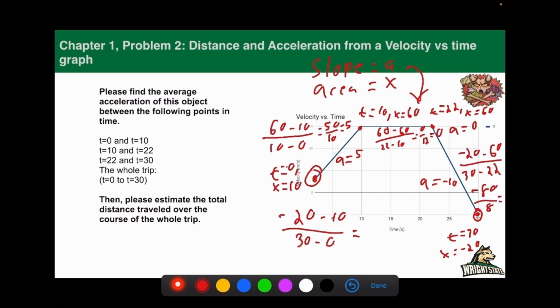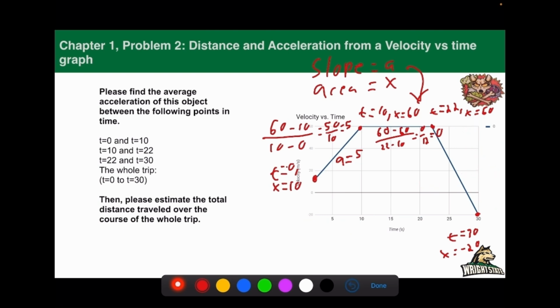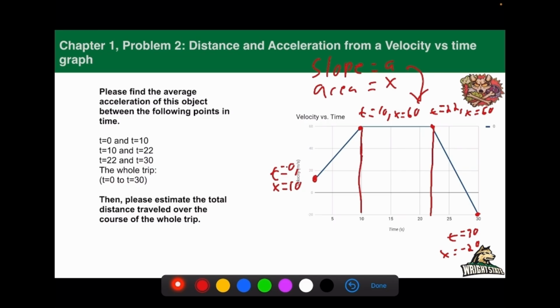I'm going to undo all this so we get a better view of our graph. Cool. Now we got to find the area under this curve. So you could find the area under this curve by taking an integral using calculus. But again, this is not a calculus class, so we can do it the old-fashioned way. And hopefully you guys figured out that we can kind of approximate this by breaking this down into geometric shapes. So if you'll notice, this is a trapezoid, this is a rectangle, and this is a triangle. I can break this graph down into geometric shapes and then add their areas together to figure out the total